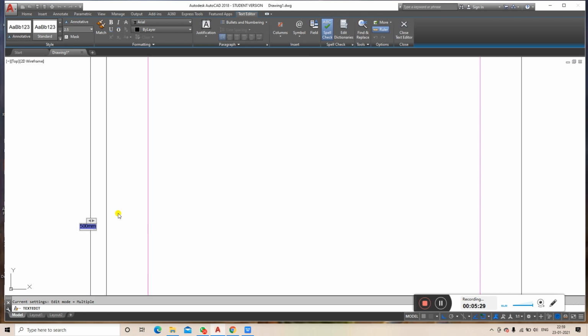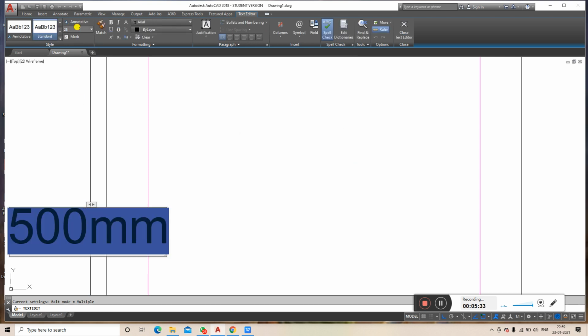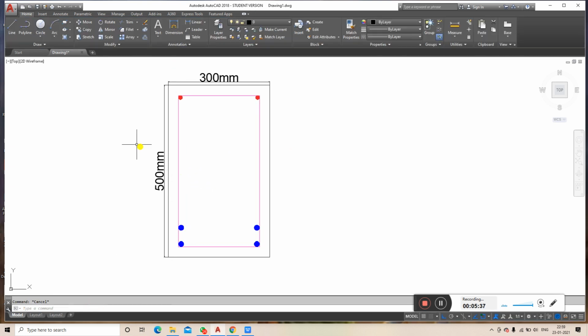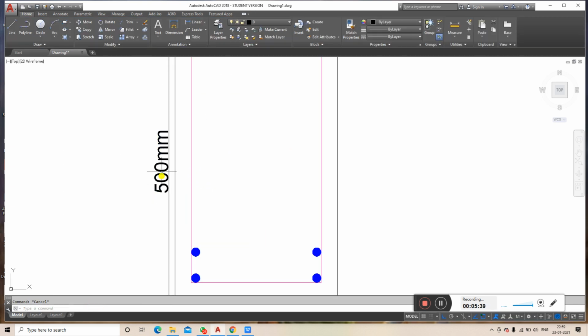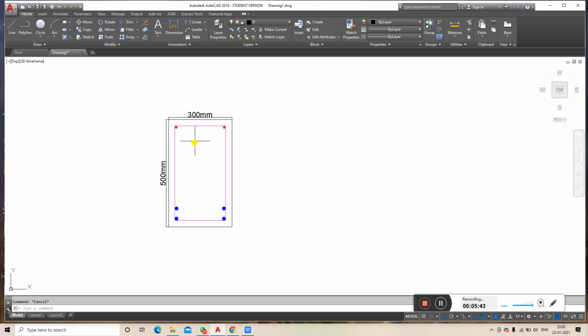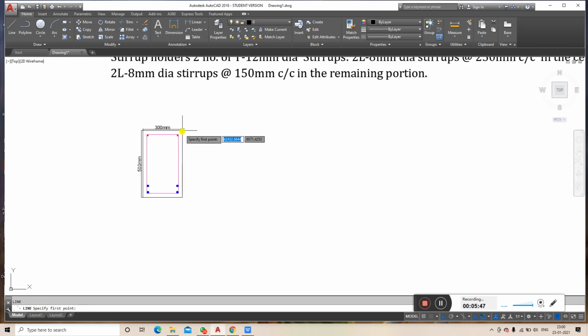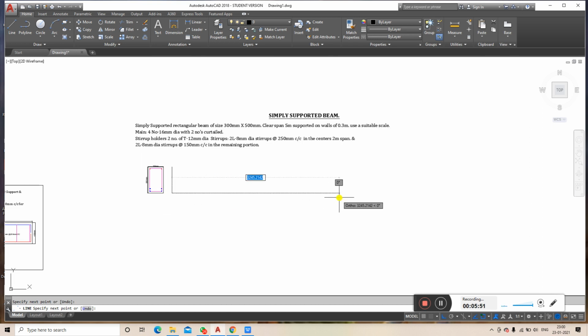To increase the size of this dimension, I make it 25 instead of 2.5. The 25 means 25 mm height of the dimension text. Now I'll project this beam. As you know, this is a simply supported beam, and its span is 5 meter, that is I'll take 5000.